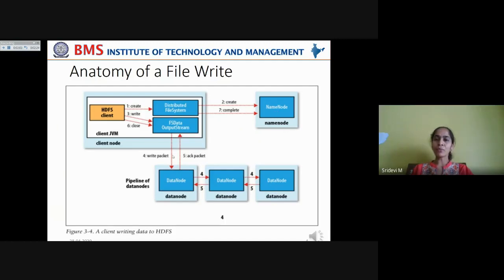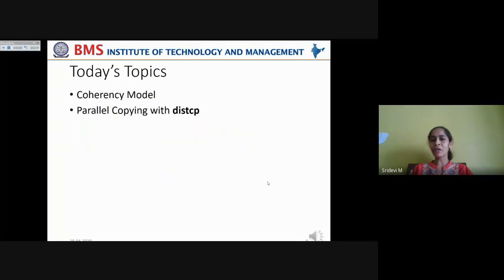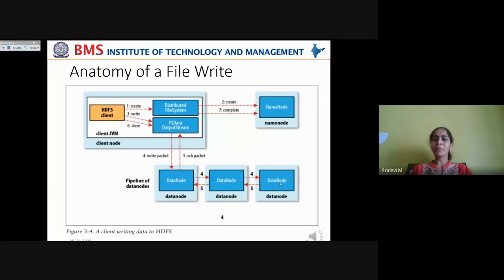Now this name node informs the data streamer onto which data nodes the block addresses are created, and this data streamer will pass the data packets first to the first data node available in the pipeline, and next that same packet will be passed on to the second data node available in the pipeline. And once the data is written onto that data node, again that same packet will be passed on to the third data node in that pipeline. This is to maintain the default replication factor of 3. For each block of data, 3 copies have to be maintained. That is why 3 data nodes will always be available in the pipeline.